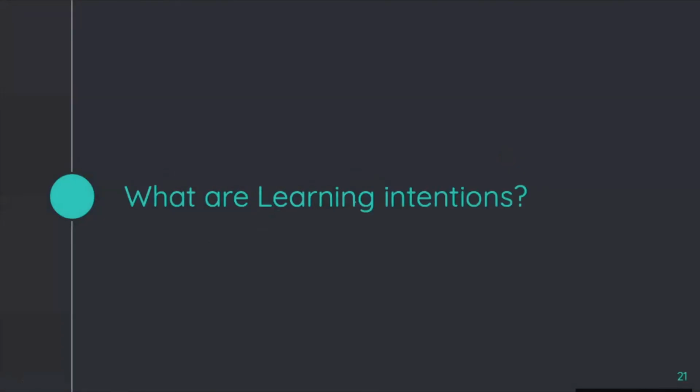So let's break them down into two sections. What are learning intentions, and then what are success criteria? So let's keep it simple. Who's going to share with me first their outcomes from the group discussion or the team discussion? And please, when you answer, just talk about the learning intentions only, just what you guys discussed about the learning intentions. We will see the success criteria in a minute. So let's start with group or team. Okay, let's keep it organized. We start with team 1. The first team was Sam.